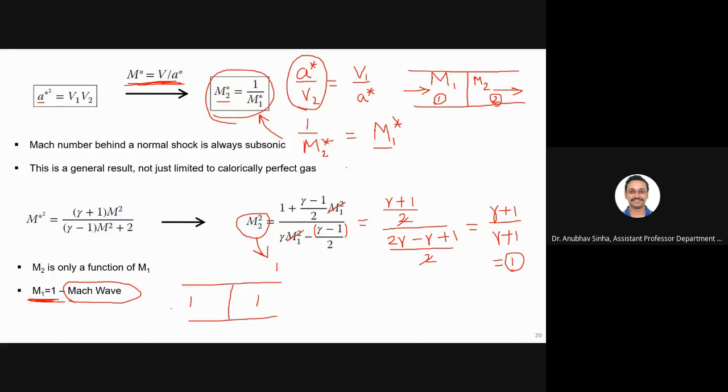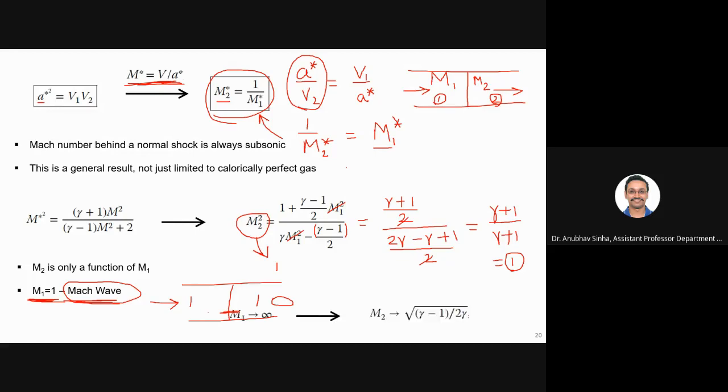Okay, we'll again look into more detail what exactly we mean by that and what the equations are. But for now, two scenarios we are considering: supersonic flow coming here will form subsonic flow on this side, and sonic flow will have sonic flow on both sides of the shock. These are the two possibilities. There is one more possibility that we are going to discuss in a few slides when we talk about entropy and all that. Okay, moving on.